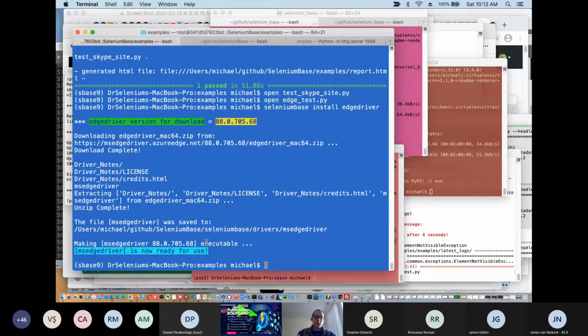So normally with Selenium, there isn't automatic browser WebDriver management involved. Normally you'd have to go to the websites themselves, download it, and then throw the file on your system path. Selenium Base takes care of all of that for you by automatically going to the Microsoft web page, detecting the latest version of Edge Driver, downloading that, extracting the zip file, and then making it executable